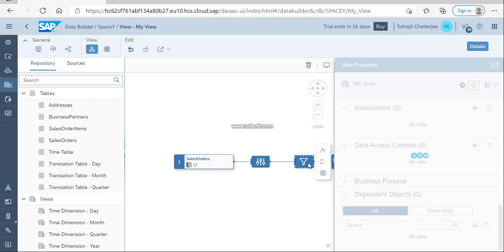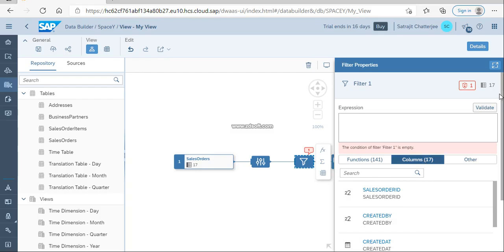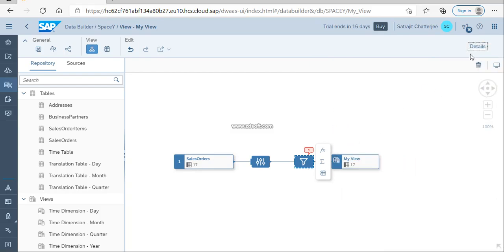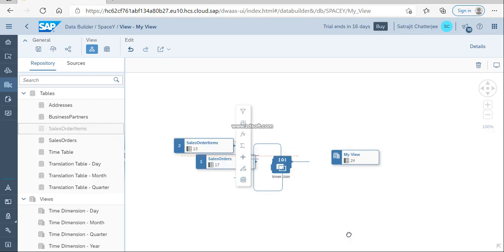So this filter, where you would like to do a filter, you can do a filter on columns, so that all will be coming later. Okay, so for the timing we are not going to do that details. So just say it's 17 columns replicated to 17 columns. Okay, now I am going to sales order item and put it there, and it's a